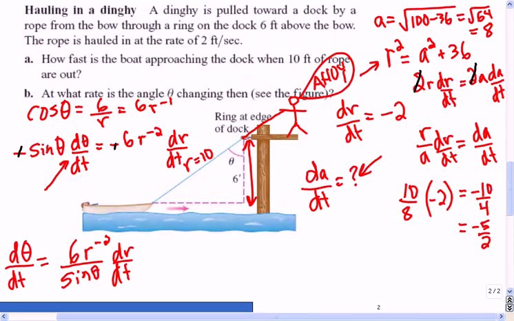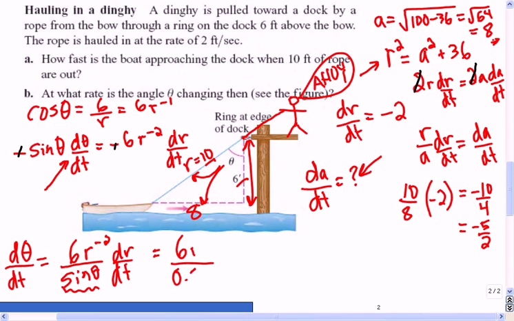So the only thing I don't know in this situation is the value of theta. So I'm going to have to figure it out using the values 10 and 6. I could even do one more thing. If I know that this side is 8, because we could find that using Pythagoras, the sine of theta is going to be 8 over 10, or 0.8. So then I could replace the sine of theta